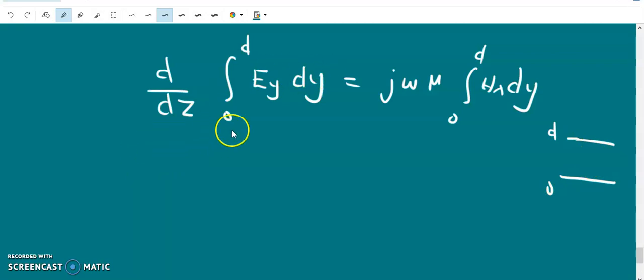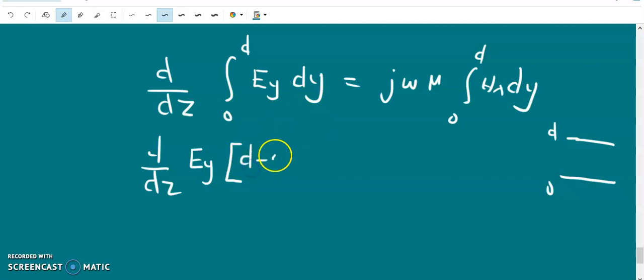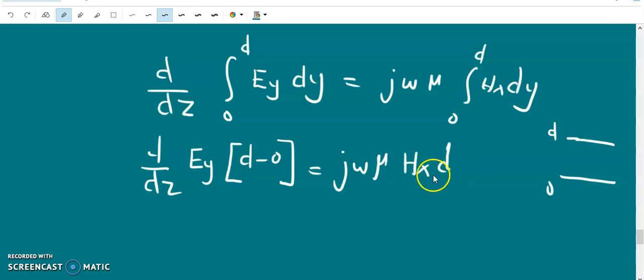So Ey is a function of z alone and can be taken out of the integral. So we get d by dz of Ey dy. So dy integrated from 0 to d will give y. Applying the limits, we get d minus 0. j omega mu Hx is also independent of y, so Hx into d. So now we can write